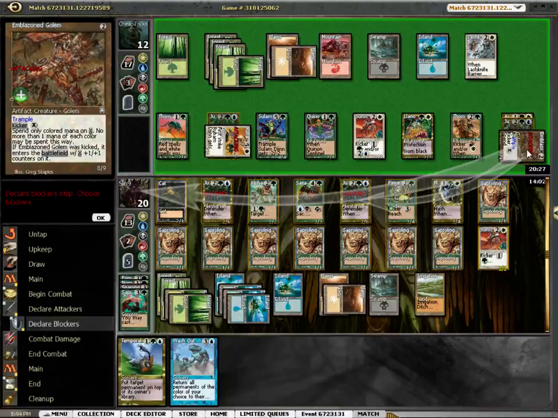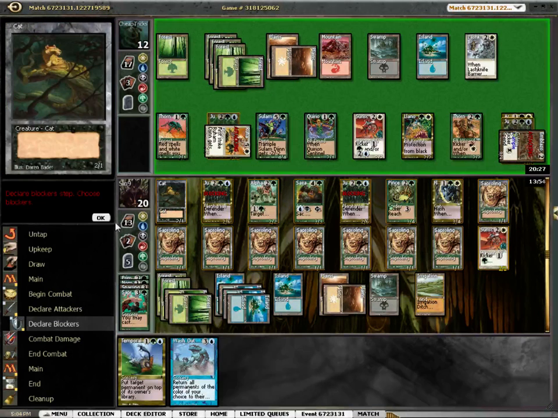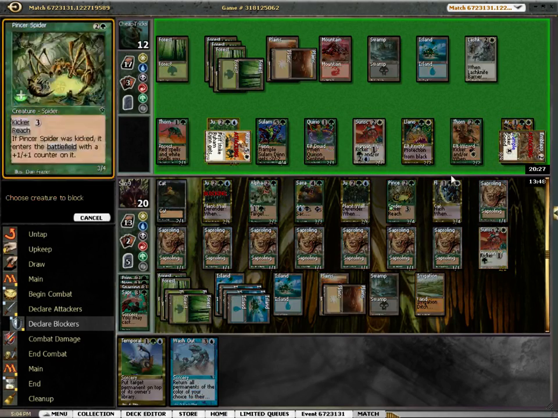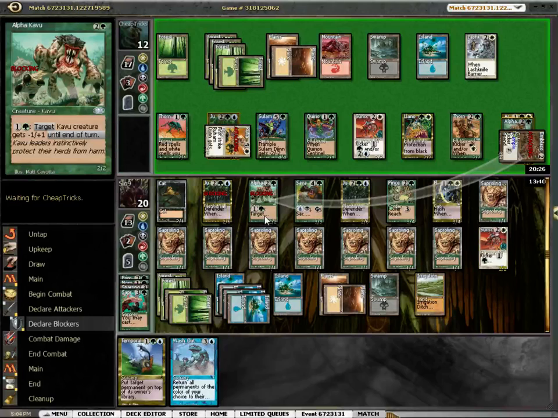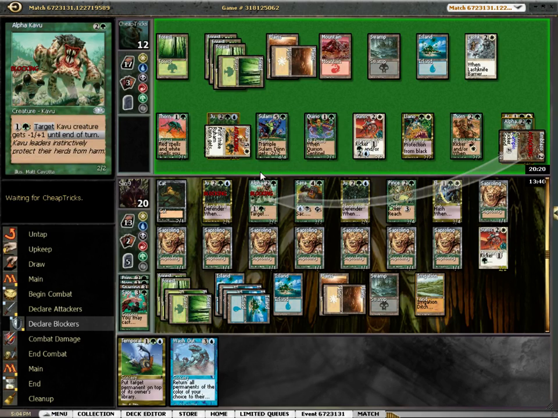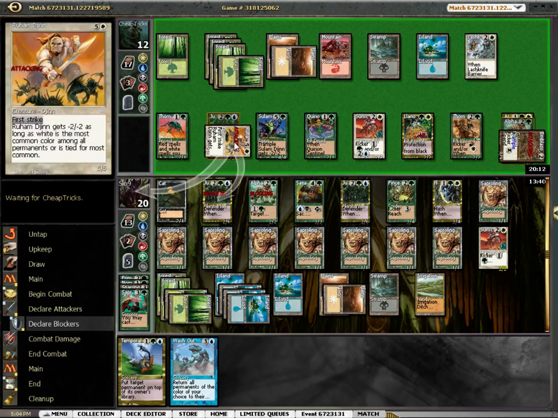I think one of the jungle barriers will go in front of that just to save life. I'm at 20. That's still fine. Actually, could be Alpha Kavu. Yeah, that saves 4. I am just gonna Temporal Spring that. Hmm. Okay, are you gonna do something here? Guess technically both jungle barriers might have been a safer block on this one, but